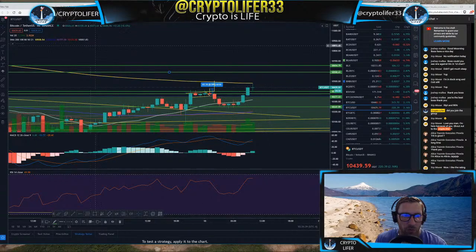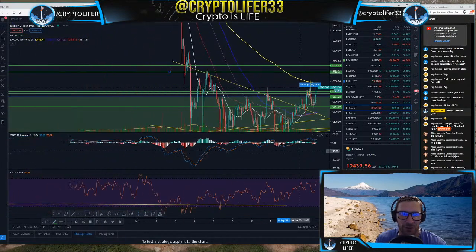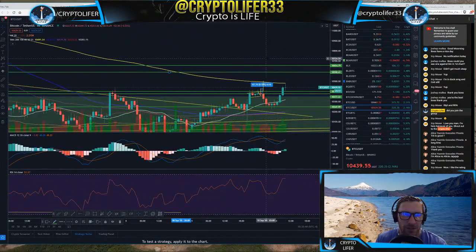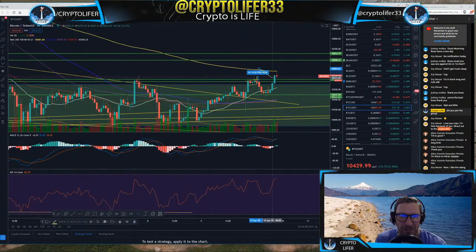So everyone said we were bearish. Everyone said we were going to 8,000. Everyone said that Bitcoin was dead for the 1,000th time in a row, right? The price action did hit the 200-day moving average. That is holding strong resistance. We need to break above that. You can see we wicked right to it, right? And that was the target of this funny bull flag that Bitcoin kind of rounded out of, but then decided to make its way back into. Very, very strange, like if we extended the line, but these lines here. Anyway,